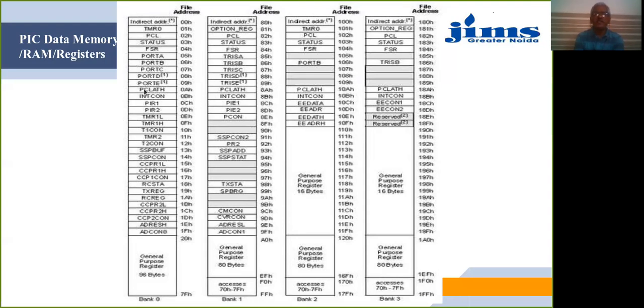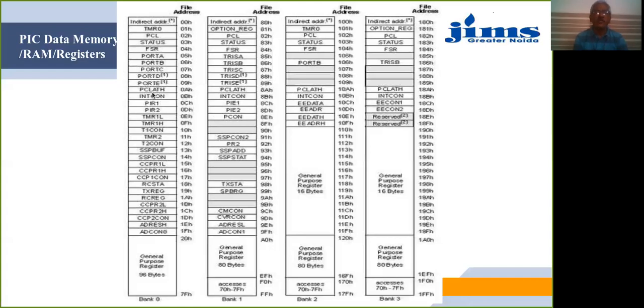It contains the special function registers, SFRs, and the general purpose registers. Now within the SFRs, we said it contains two types of SFRs: the core SFRs, which affect the functions of the controller itself, and the peripheral SFRs, which are used by the peripherals. In the video that we are discussing, we are interested in the interrupts.